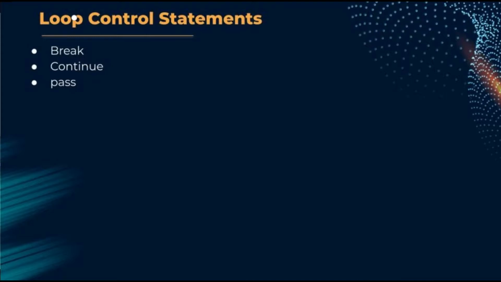In the previous video we have learned about loops that will alter the control flow of a program. But in this video we will be studying about the loop control statements, which are used to control the loops. That means which are used to disrupt the normal flow of loops and direct them somewhere else. So there are three loop control statements: break, continue and pass. We'll study each of them one by one.